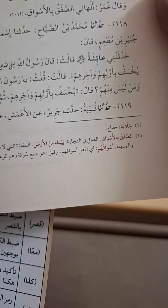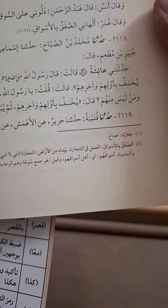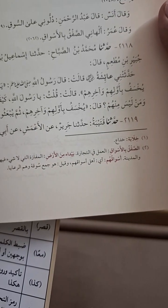In this light edition, we have removed the takhrij from the six books, the Kutub al-Sitta, and we have removed the differences of the nusakh and riwayat. We have just kept the takhrij from Sahih Muslim. You can see the number of Sahih Muslim here: Muslim 649. So this hadith is in Sahih Muslim. And this number, Unzur 176,